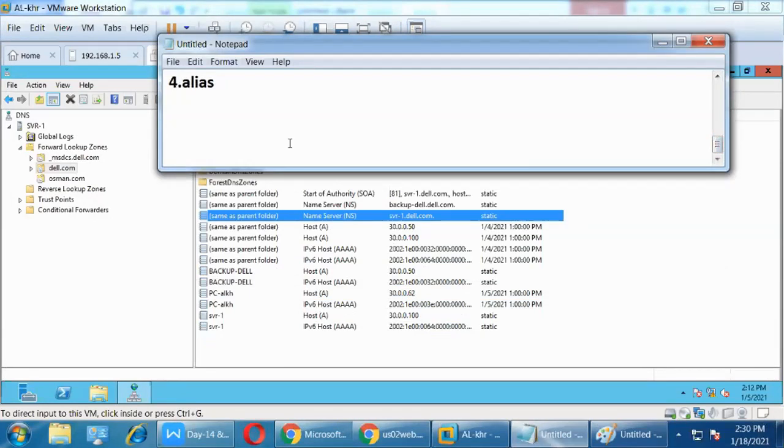How is the name? First, see here, starting with the dot, right? This is dot. After that, .com. After that, del. And then SVR.